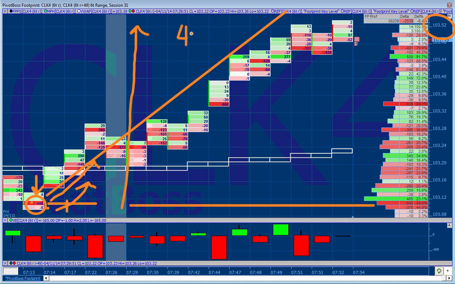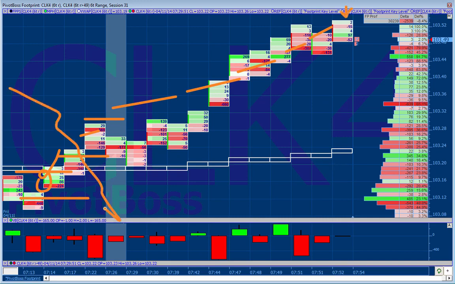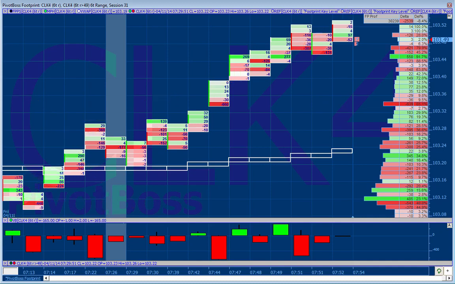From 103.11 to 103.50. That is a 40 tick move. $400 per contract. 40 ticks. Remember, it's $10 a tick. That's what that move is worth because one person got stuck. Because you know why? If he gets stuck, or she, and you are forced to buy to cover, you start triggering everyone else's stops all the way up until the last buyer is bought, and then price comes down till the last seller has sold, right?